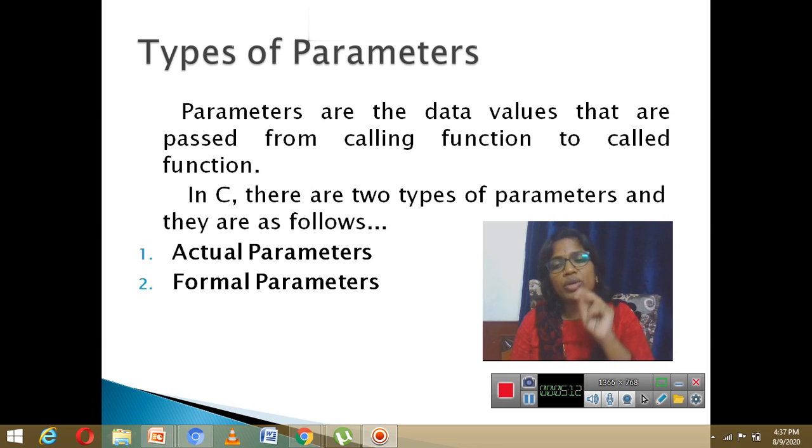We declare two things: the number of parameters and the type of parameters in the function declaration. What does it mean? It will tell the compiler how many parameters, and the type of parameters, which are going to be used in my program.